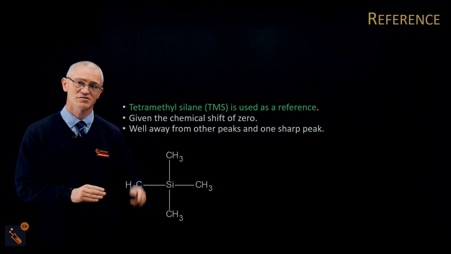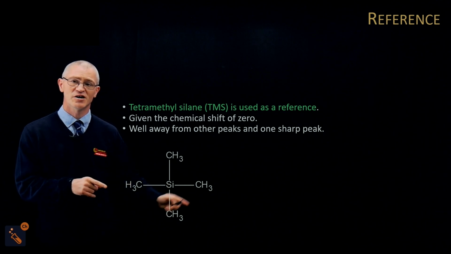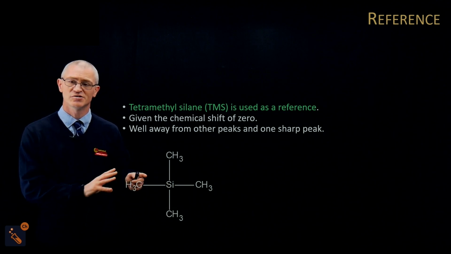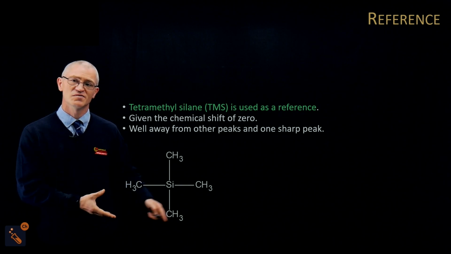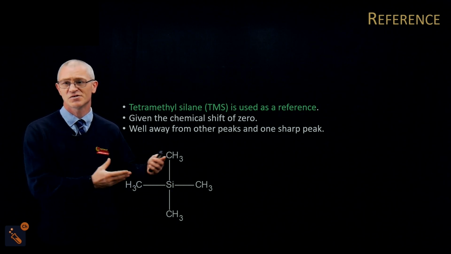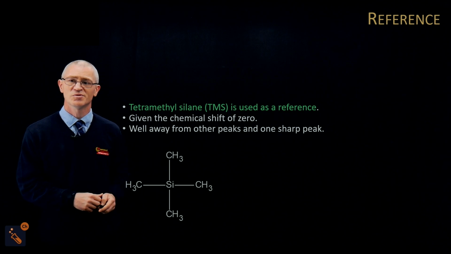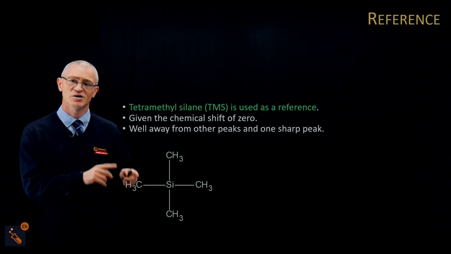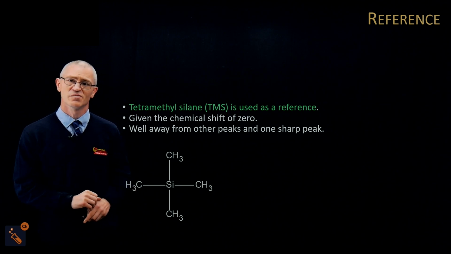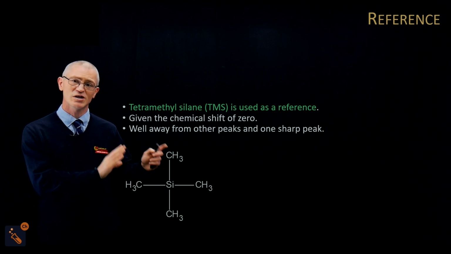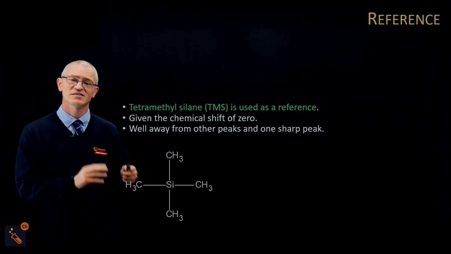So this is tetramethyl silane. And you can see that there's 4 carbons around the outside and 12 hydrogens. So basically there's a lot of carbons, a lot of hydrogen. So if we're doing carbon NMR, there's a strong carbon peak. Okay, if we're doing hydrogen NMR, there is a strong hydrogen peak. Okay, now it's well away from everything else, like we said, and so we set it to 0 and everything